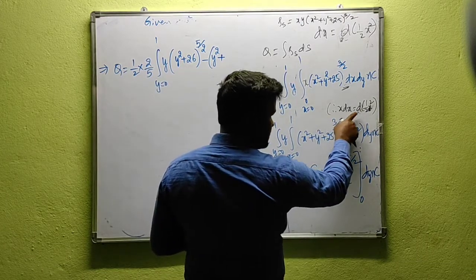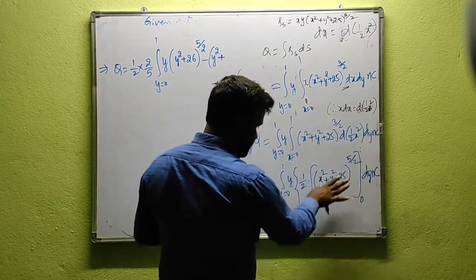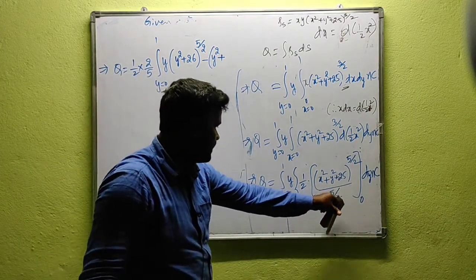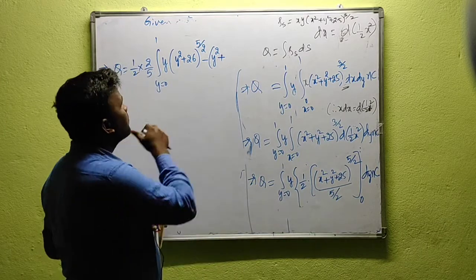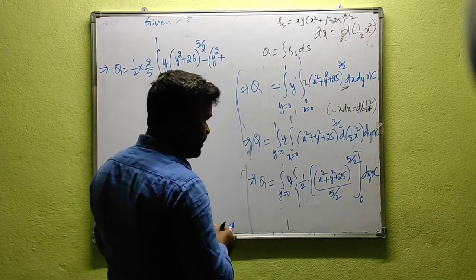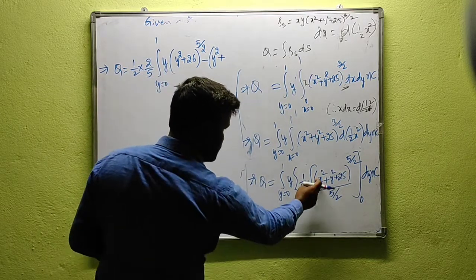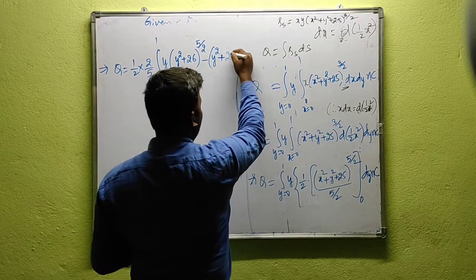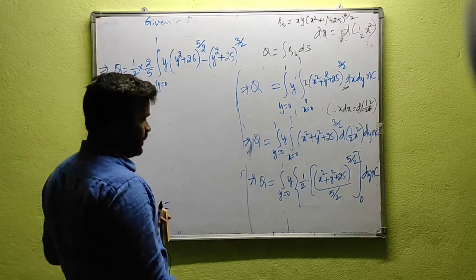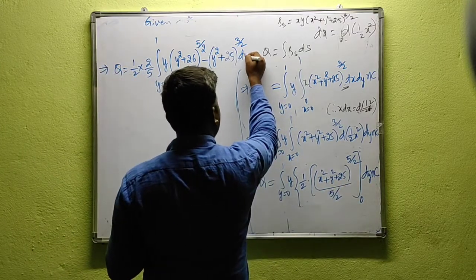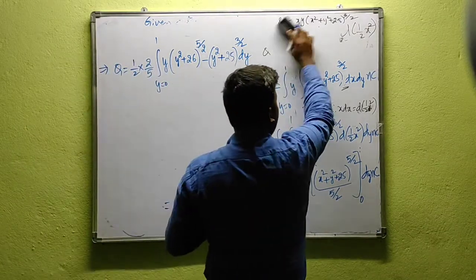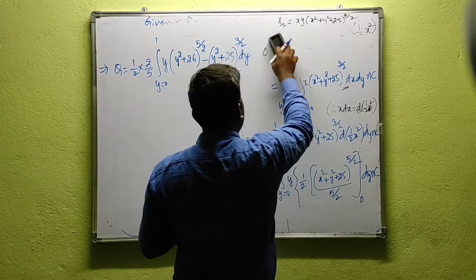Basically x into dx can be written as d of 1 by 2 x square. If I simplify this one, we will get like this, that is 1 by 2 and 5 by 2 can be written as 2 by 5 in the denominator, y into (y square plus 26) whole power 5 by 2 plus y square, so this one is 0, (y square plus 25) whole power 3 by 2, into dy. So I will rub this part, dy into nanocoulombs.